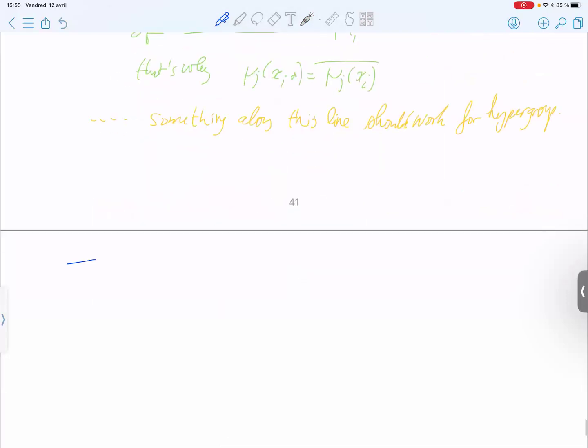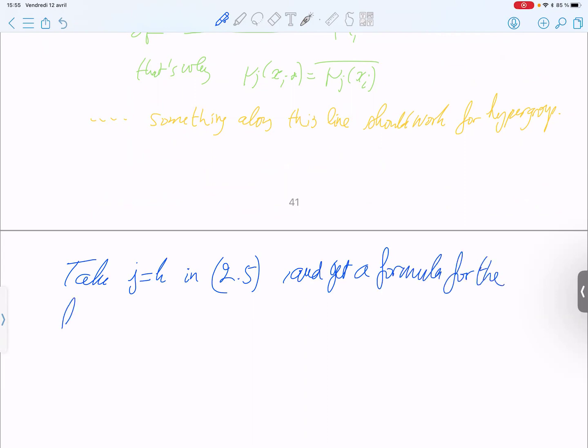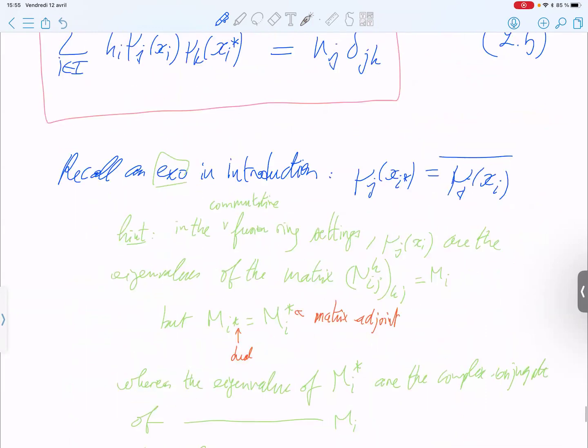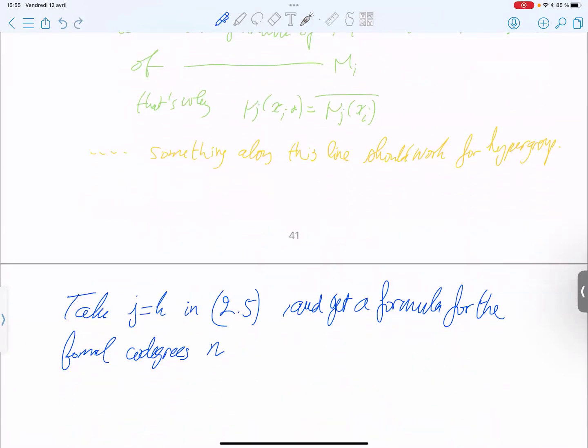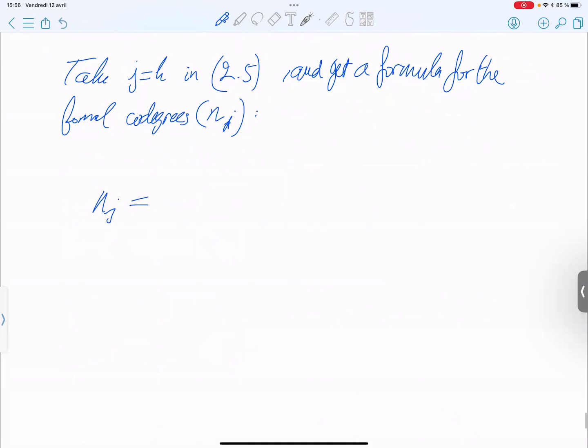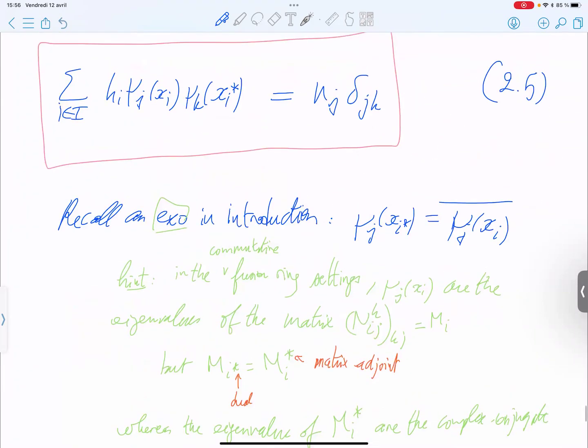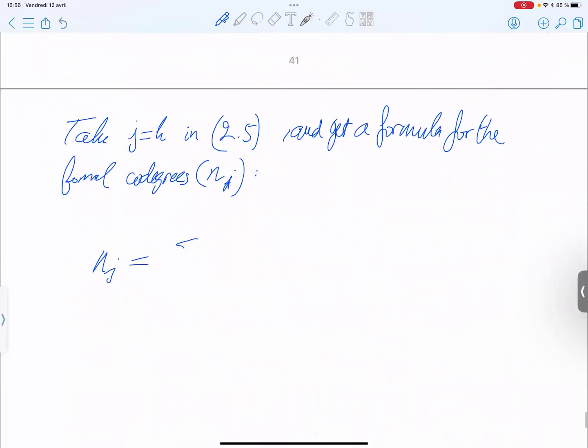So take G equal K and get a formula for the formal codegree, and here it's written G and G. So you get N_G equal, so I equal J, G equal K, so the sum for I in I, h_I mu_J(x_I) mu_J(x_I) star, which is,